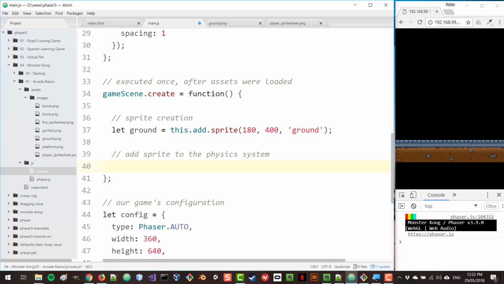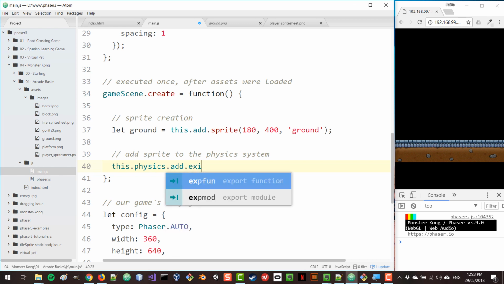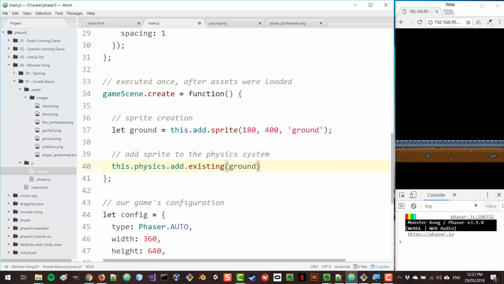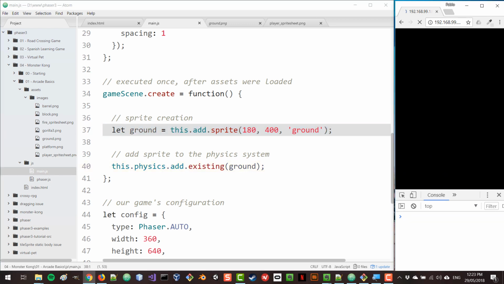And now what we do is we access the physics plugin of the scene, the physics system, and we have this add property, and then we can add existing, and we can pass on the sprite that we created. So if I refresh the page, you will see now that the floor is falling down, which might not be